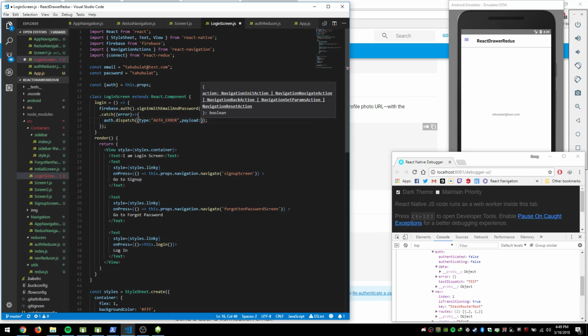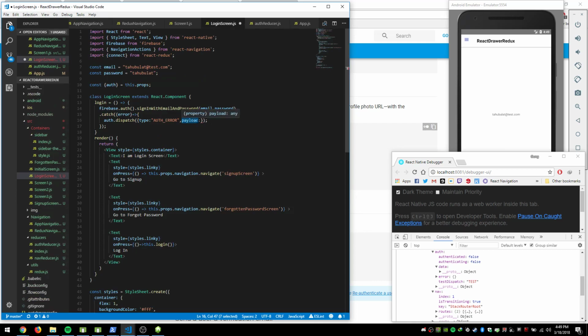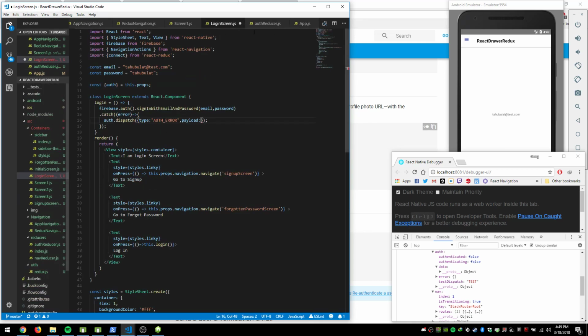You can make this any names, and make sure you rename this also to be the exact same in here, so you can catch it in here, you pass it and you catch it in here. So the payload is the error itself here, so we catch the error,